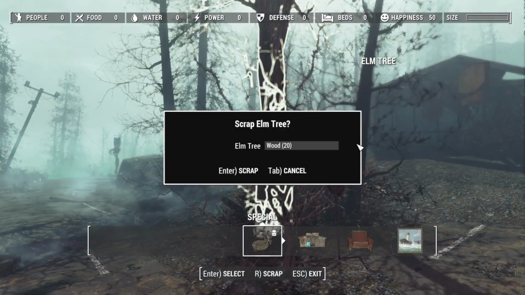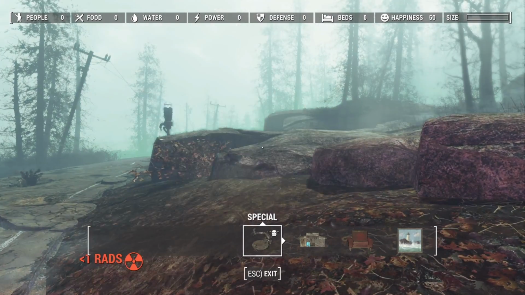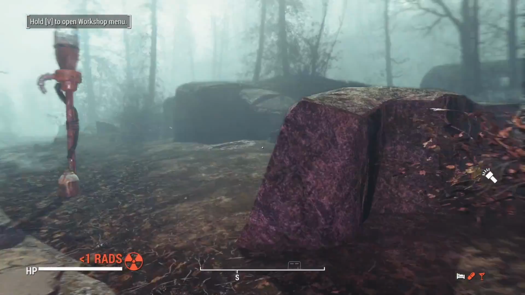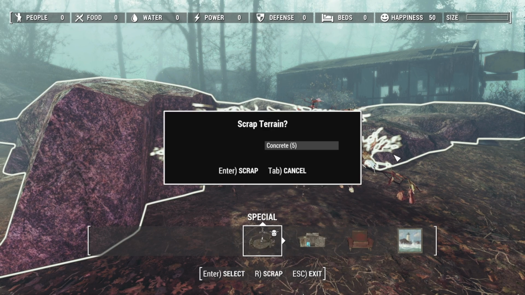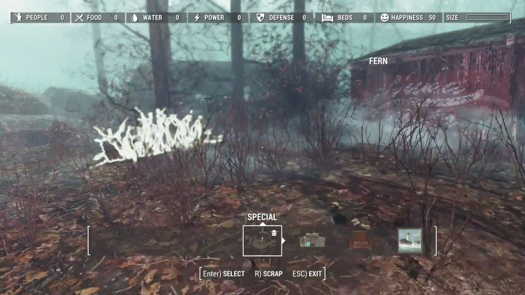And unfortunately, I can't really scrap this fog here, but that's okay. I'll be using console commands just so we'll be able to see things. I'm gonna do a quick save here, just in case breaking up this concrete will break the terrain. I'm not a big fan of breaking terrain, so I do like things to be relatively nice and flat, though. So we can